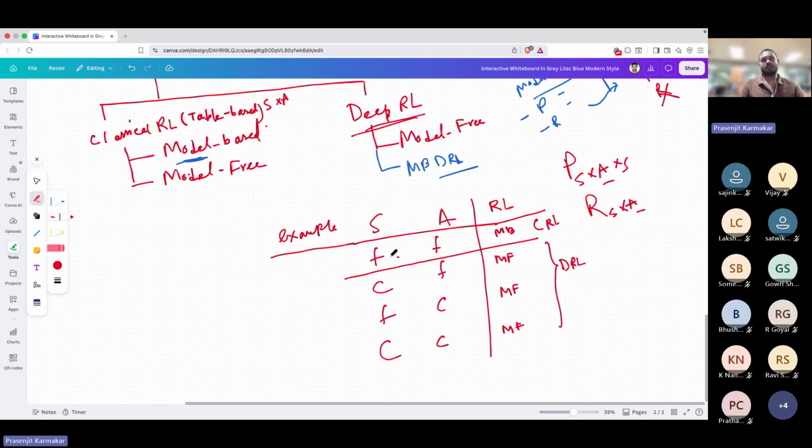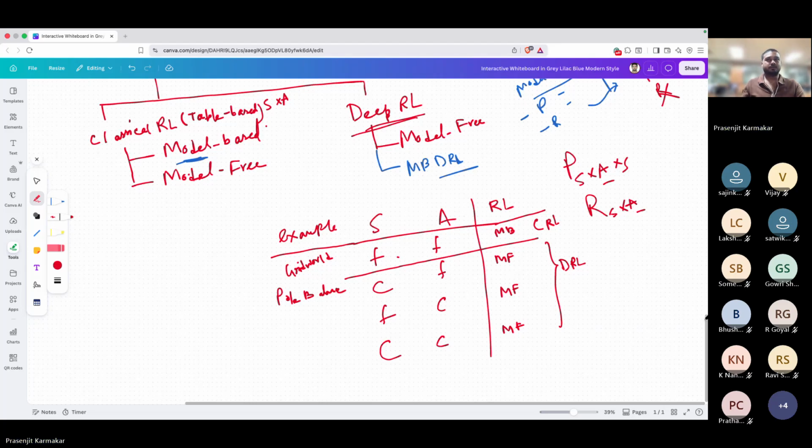Example: a finite to finite grid world. Now continuous to finite, where the state space is continuous and the action space is finite. What is an example? Pole balance. Your state can be the angle of the pole, and then you can balance it with left and right. Now for the case where the state space is finite and the action space is continuous,